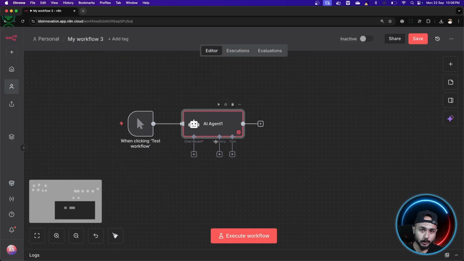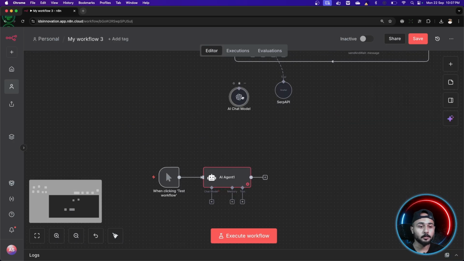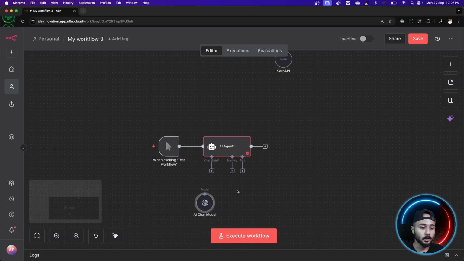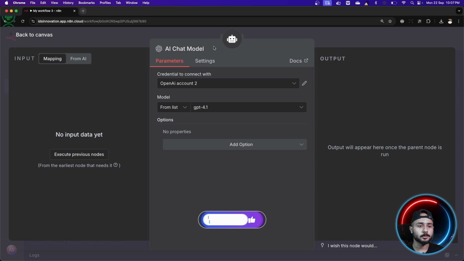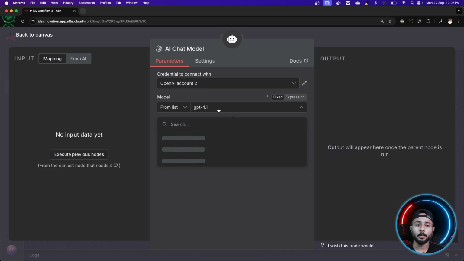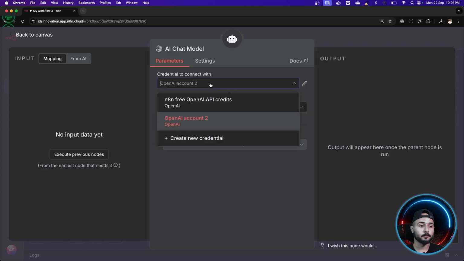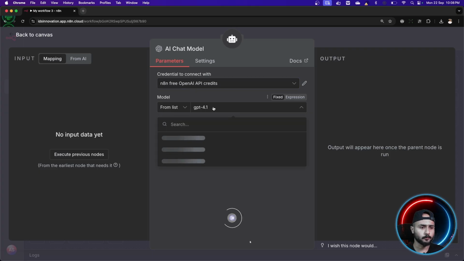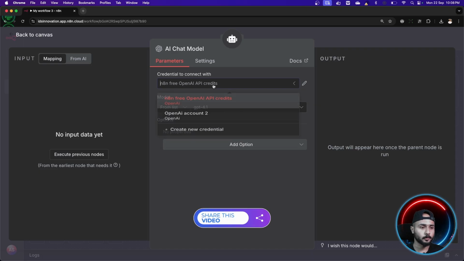Obviously, I have to attach a chat model here, and we're gonna go with ChatGPT. So I'm gonna bring that GPT model from here, because I can only use one. By the way, I have just renamed this to AI chat model, and I have connected one account. You can go ahead with n8n free OpenAI credits. It's just that a different model would be listed here for you guys. So I have this 4.1 currently available for me. Let's just check once. What models do we have? Perfect. So we have 4.1 for a free account as well.